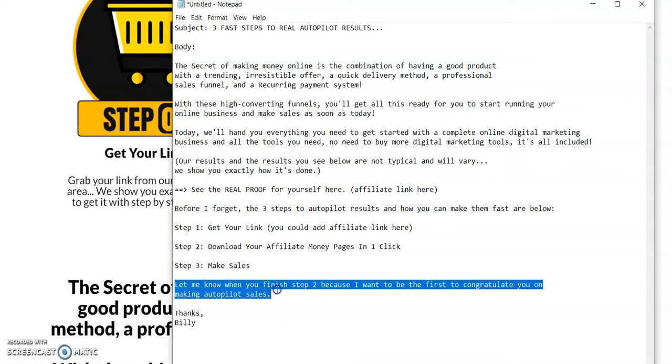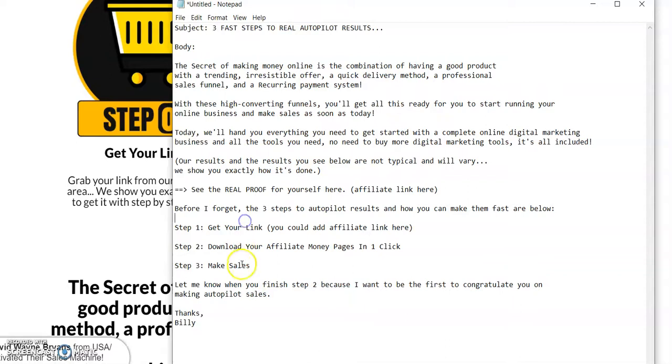So what I did here was I want to try to get a reply, right? Because your autoresponder company is going to be watching how many opens you're getting, if you're getting replies. It's good for your domain. It's good all around. So you always want to ask some kind of question or get some kind of reply